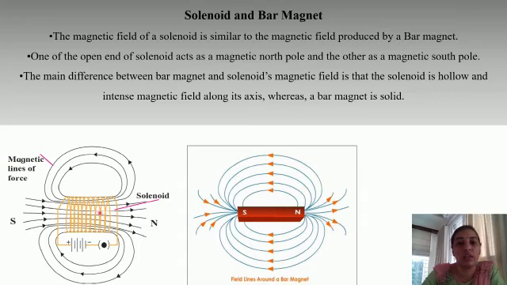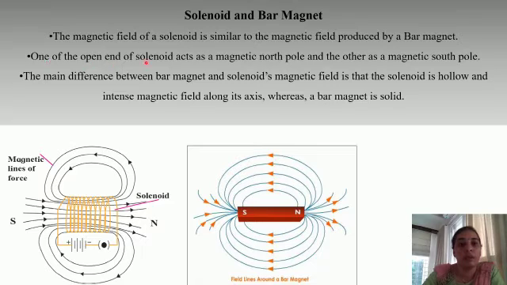So for comparison, we have taken both diagrams. This is for a bar magnet and this is a solenoid. In a bar magnet, we know what is the kind of magnetic field that is developed. Here these represent the magnetic lines of force, or the magnetic field lines. They start from the North Pole and end at the South Pole. Similar kind of magnetic lines of force we can even see in case of a solenoid also. So these are the magnetic lines of force or the magnetic field lines, which are similar in both the cases.